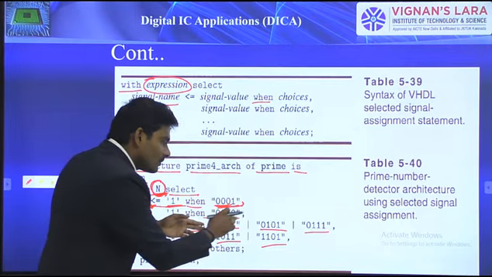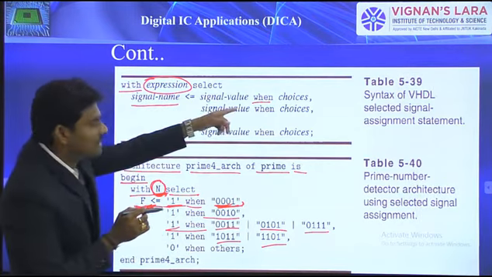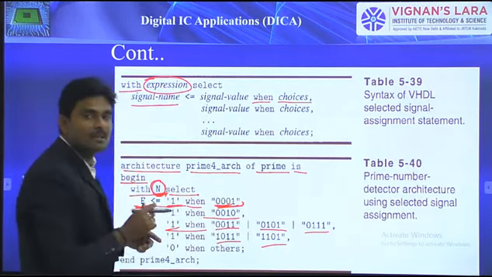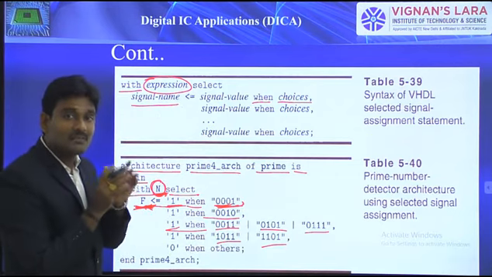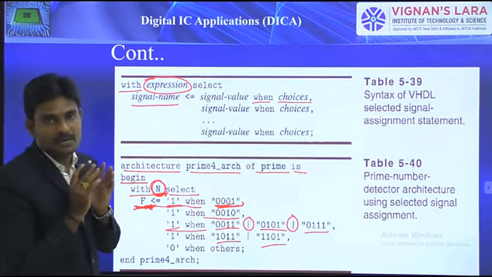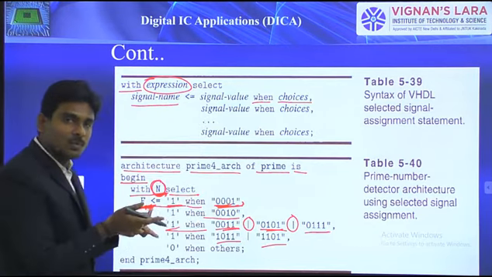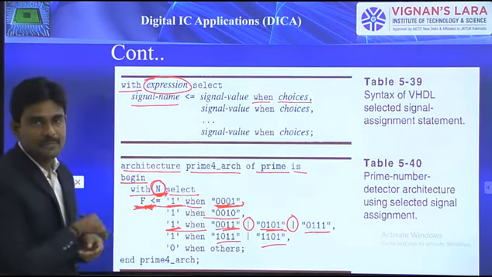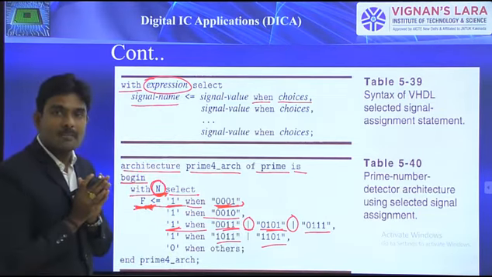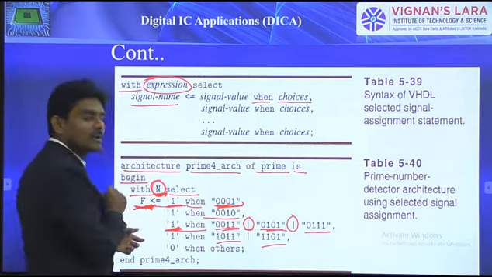Okay, occurrence of any one of these 3 inputs, so 1 will be assigned to f. As I mentioned previously, while you are declaring the choices, you can also declare multiple choices by separating them with an or, which is a vertical bar. This vertical bar simply means the or operation. That means either this one or this one or this one. If any one is true, then obviously 1 will be assigned to f. Any one true means 1 will be assigned to f.